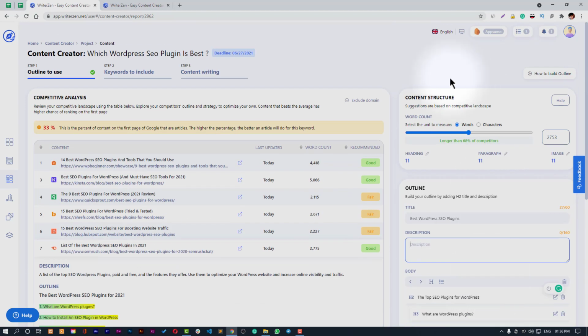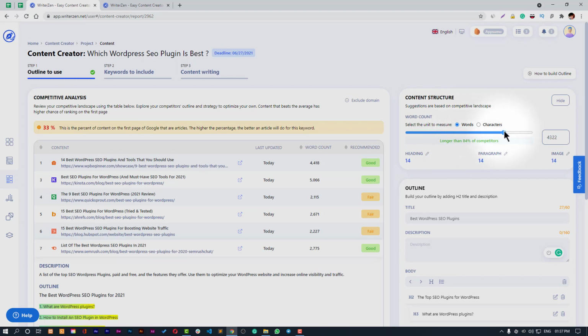And here's the content structure. It will suggest how much content will be required. You can also select the limit you want to create. It will show you how many headings you will need if you go with this length of article. These are the number of words. So this content of 2000 words is longer than 26% of your competitors, right?